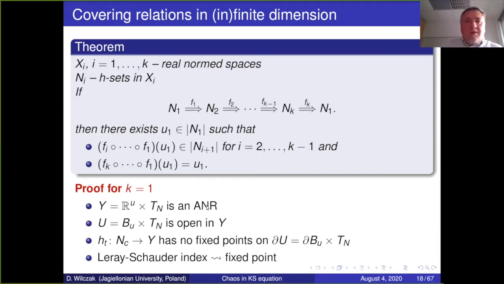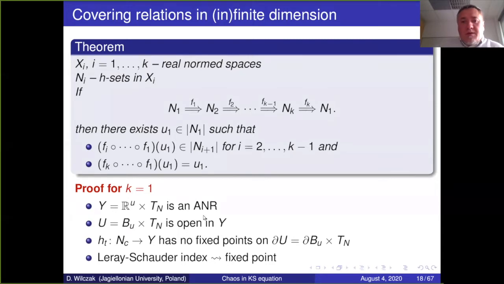And the proof relies on the Leray-Schauder fixed point index for compact maps in convex spaces. This homotopy allows us to define, for each covariant relation, a homotopy. From those homotopies, we can build a homotopy between some extended map in extended phase space and show that it is homotopic to a linear map which has proper index. And this index is non-zero, so from this we conclude the existence of a periodic solution.